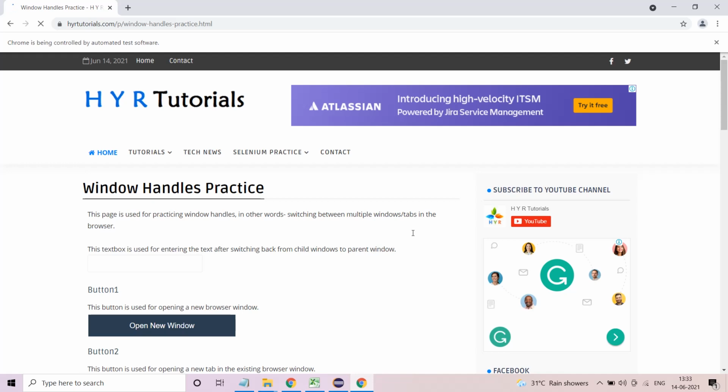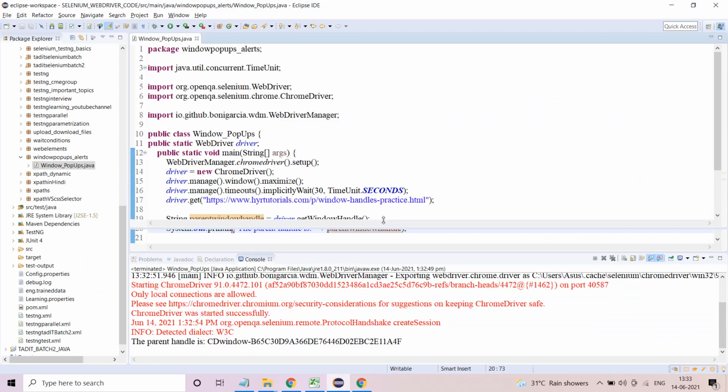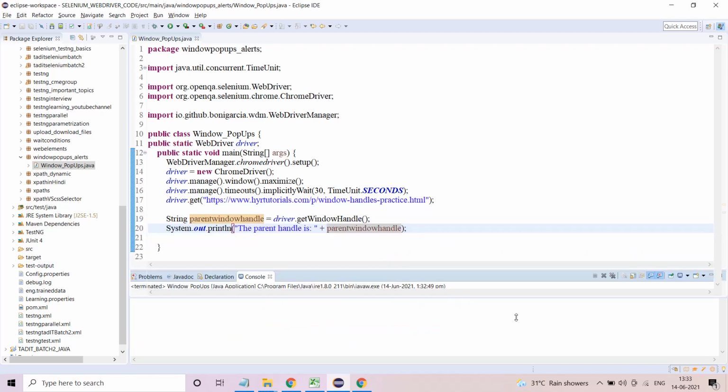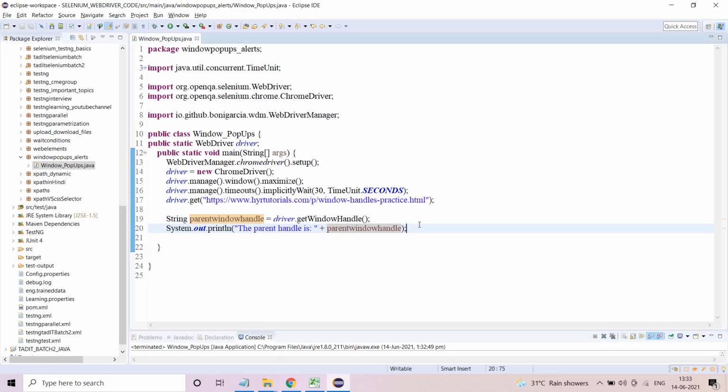With get window handle, I've just tried to retrieve the window handle of that page. So let us see what the window handle of this parent window page is. This is the parent window page window handle. This whole thing, you keep a note of it. You'll get to know what I'm trying to say. Now this one is done. I'll close this manually.